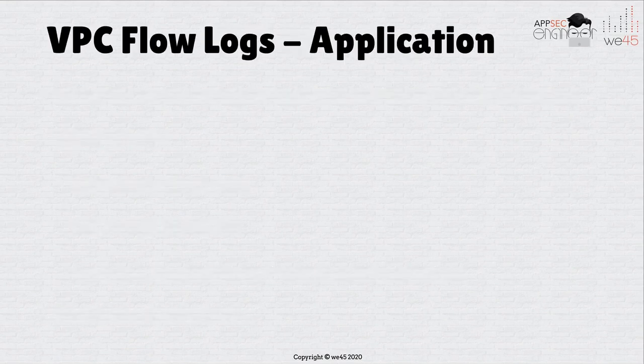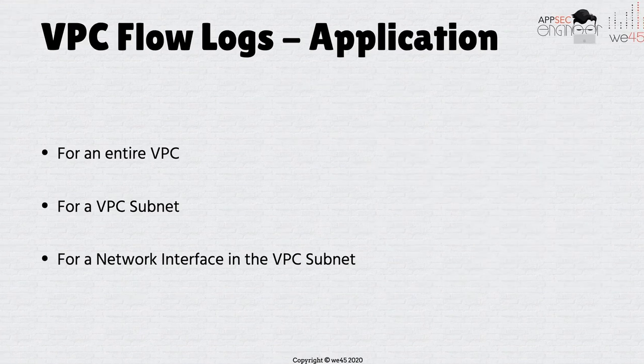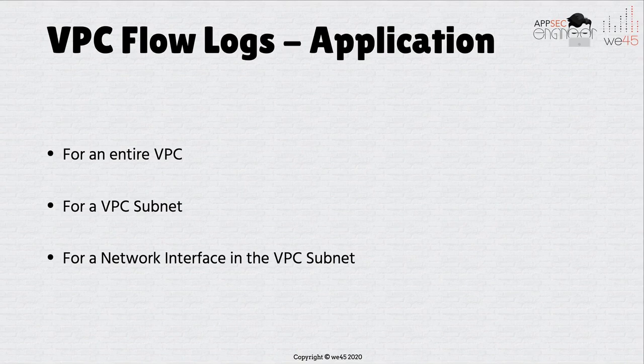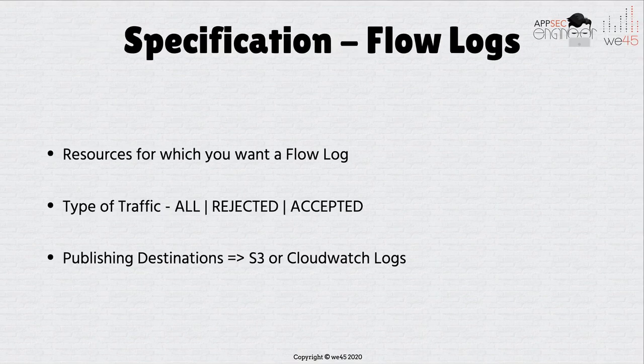When it comes to where VPC flow logs can be applied, it can be applied for the entire subnet, it can be applied for the entire VPC itself, or it can be applied on a network interface in a VPC subnet. So you can just apply it to a single network interface and it will capture that network interface's flow logs in the VPC flow log. So you can essentially specify all of this when you are creating that flow log. When you're creating that flow log, you're essentially creating it against a set of resources. So what resources are going to be captured as part of this flow log? The entire VPC or a network interface or a subnet? What do you want captured?